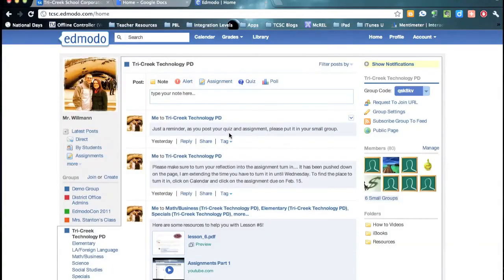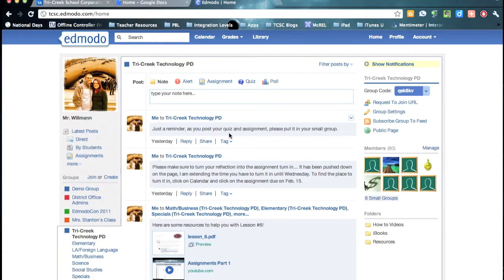Let's talk about managing our class as we compare the difference between Moodle and Edmodo. One thing that Moodle has done very well is organizing different parts of your class, breaking it up into different sections. We still have this capability and this feature in Edmodo. It's just a little different route, but I think it's important that we learn how to do this. That way we can keep our classes